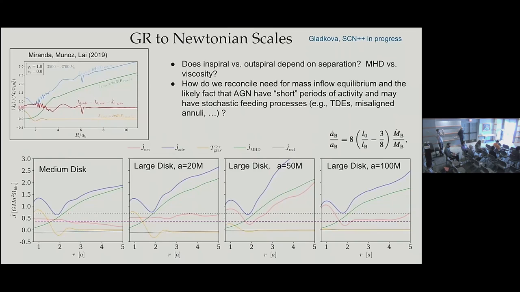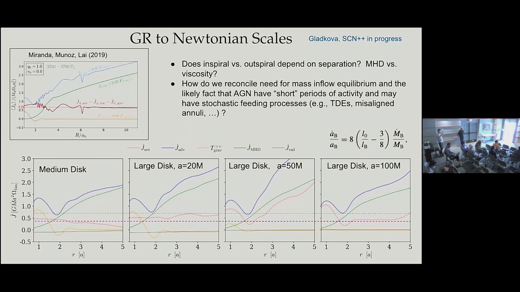Because you said that you find the outspiral, but the J dot is a bit different. What do you compare here? You are comparing with a disk with aspect ratio 0.1, or maybe you can map the one into each other, so we see how a certain alpha translates into a simulation of this type.